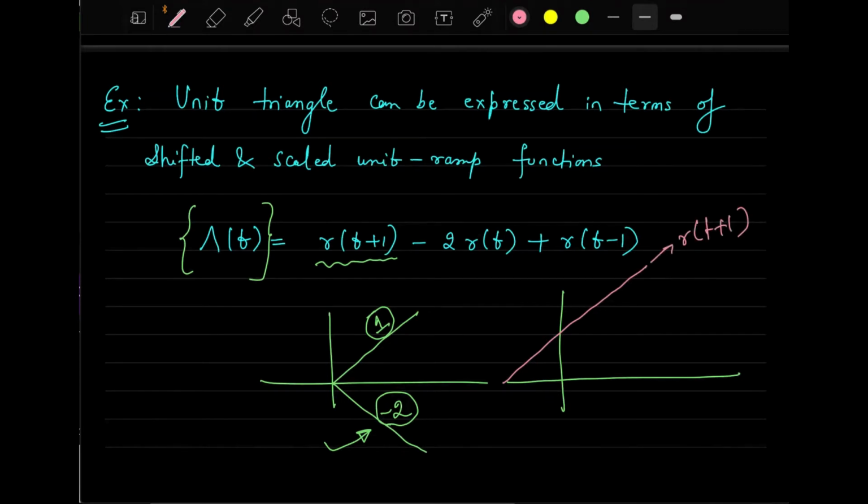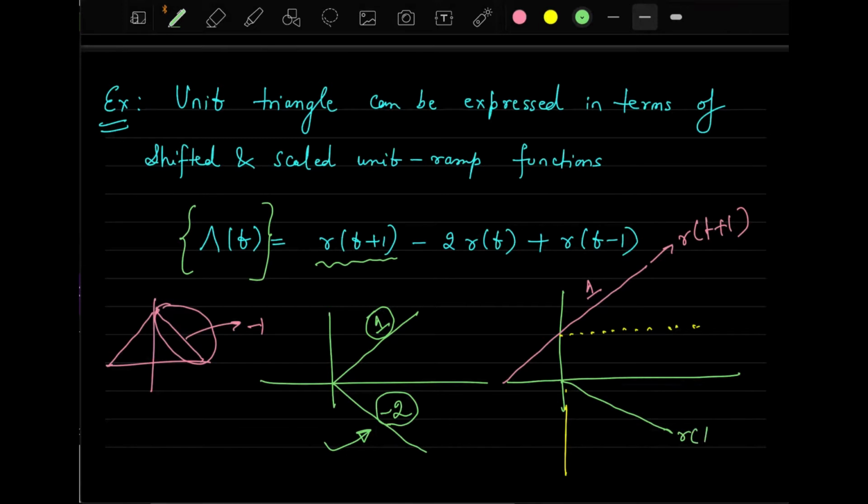Now what you have to do is make a triangle like this, right? To make a triangle like this, you have to make this slope go down to a slope of minus 1. But here you have a slope of 1. So how can you make it? You can make it by, first of all, decreasing this slope of 1 to 0 first. That can be done if you subtract this line, the pink line over here, with the green line RT.